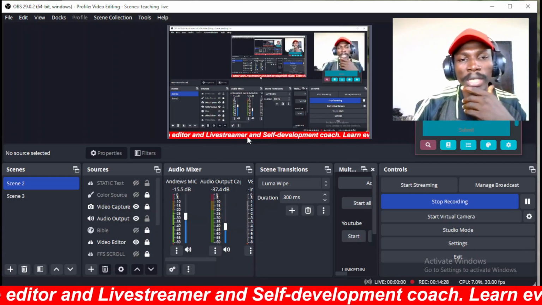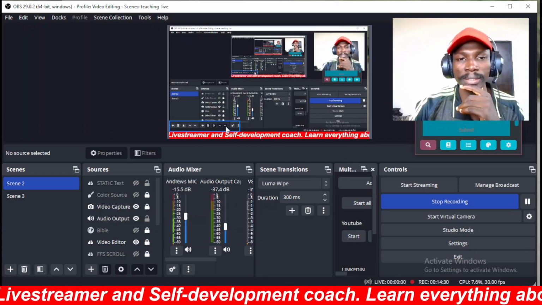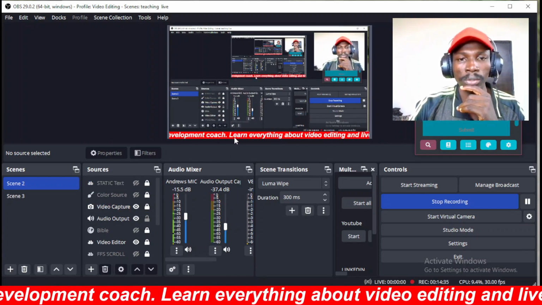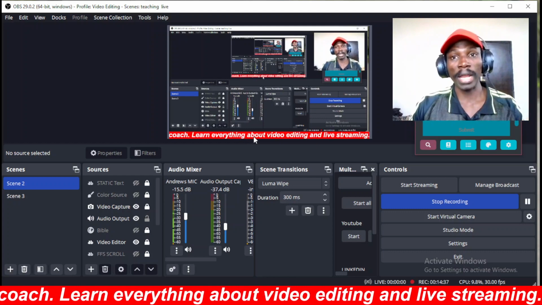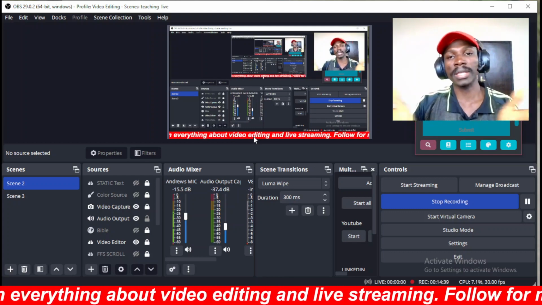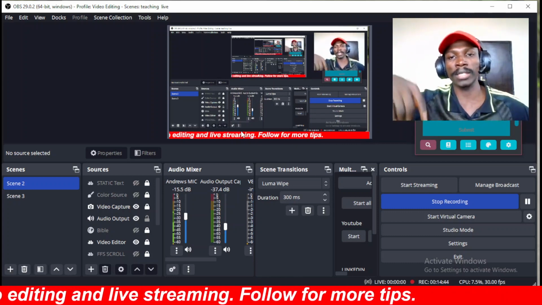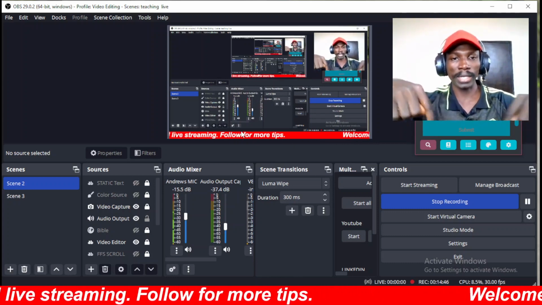Today we're going to be learning how to add a display text, the scrolling text, to your OBS when you are doing maybe your live streaming or whatever thing that you are doing with OBS. You want to add a scrolling text like the type that you are seeing on the screen right now that is scrolling